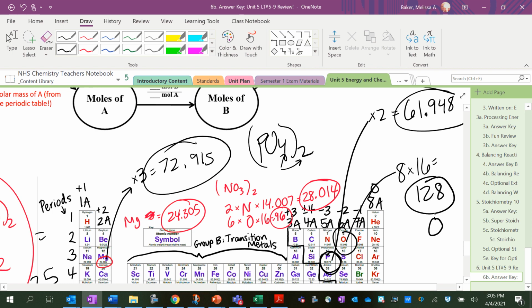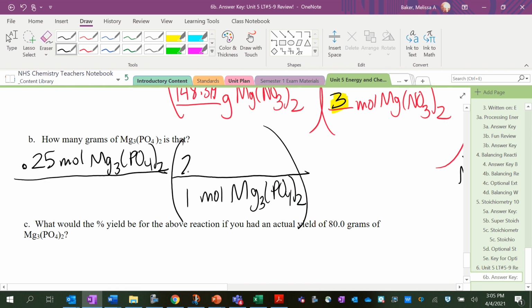So we have to add the oxygen plus the phosphorus plus the magnesiums all together to get the molar mass. Final answer here, 262.863 grams of Mg3PO42. Multiply across the top. Answer 65.7 grams of